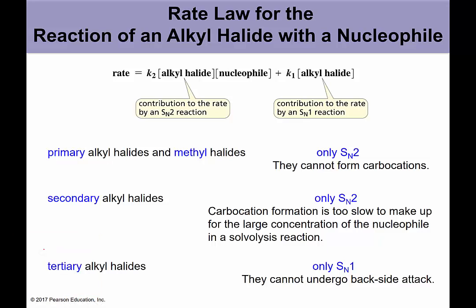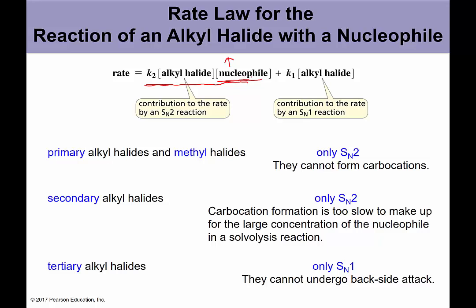If you have a solvolysis reaction, the nucleophile is your solvent, and because you can increase this concentration, that increases the overall rate contribution of the SN2 reaction to a point where SN1 reactions don't matter. Like I talked about in class though, if it's not an SN2